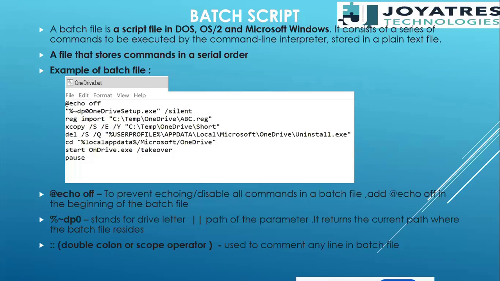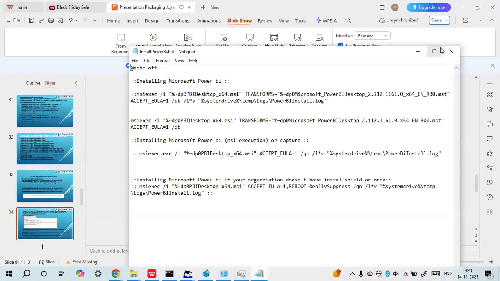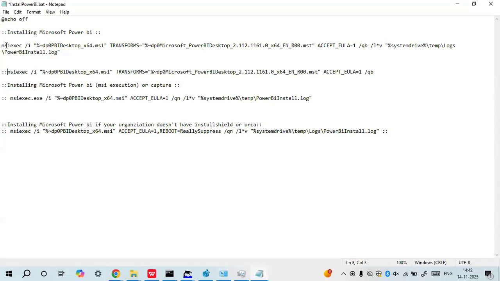and then the silent parameter. For example, let me show you for Power BI. This is the script which I have created. First is @echo off. Then this is commented. I told you that the double colon or scope operator is used for commenting. I have written this so that whenever you open the script, you are able to see that this line is basically executing the installation of Microsoft Power BI. Then this is the command. I have commented this one, but we are going to use this only. I'll tell you why. Now I'm going to comment this. So this is the main line,